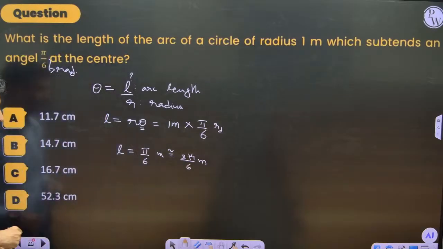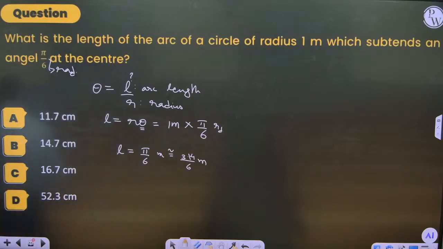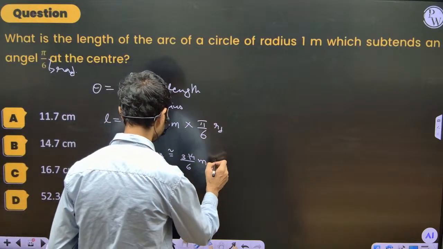So 3.14 by 6 meter. Again, do the calculation. Let's see what option you're getting. Check it for yourself. It comes out to be